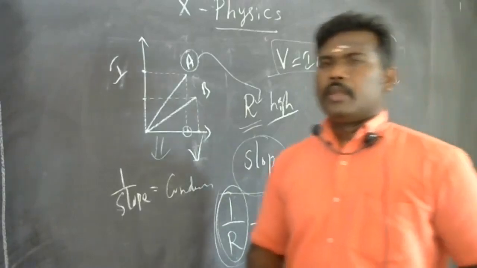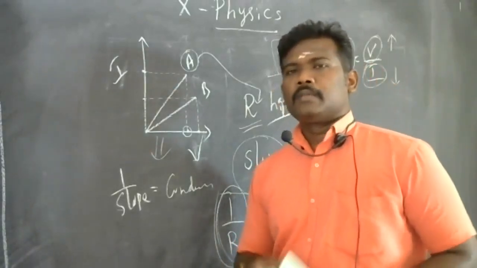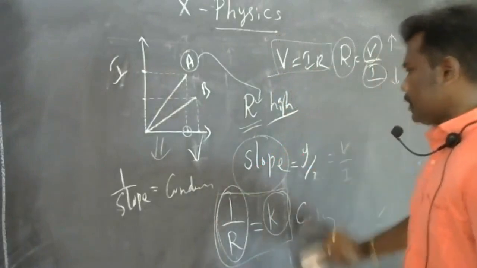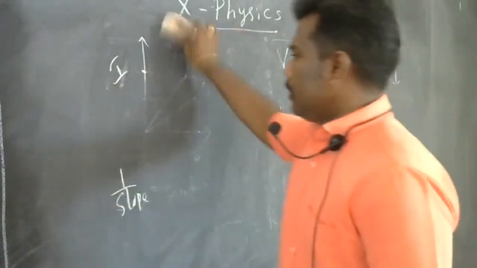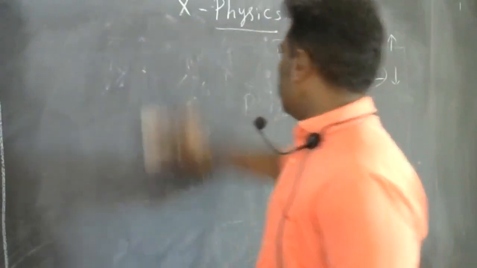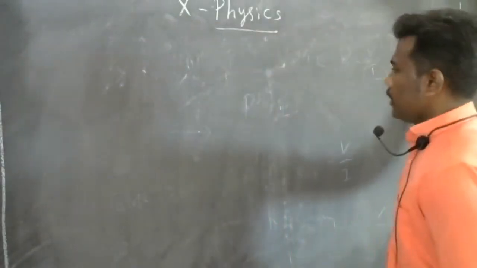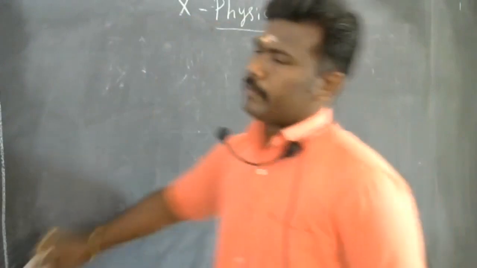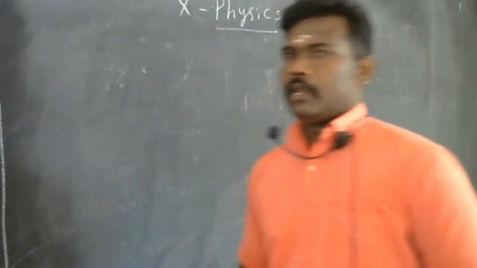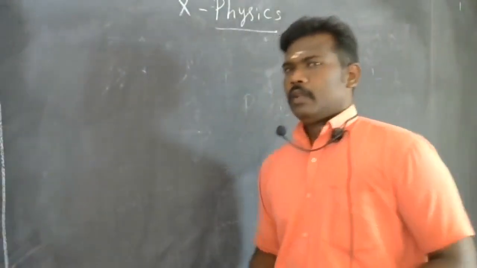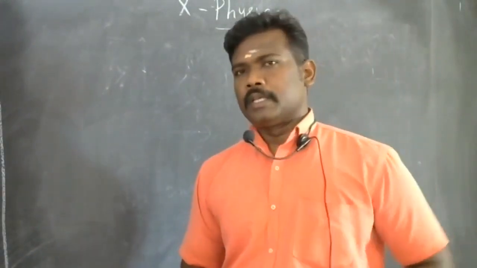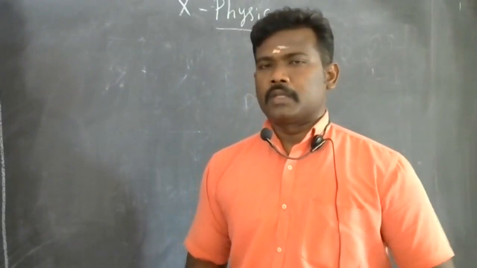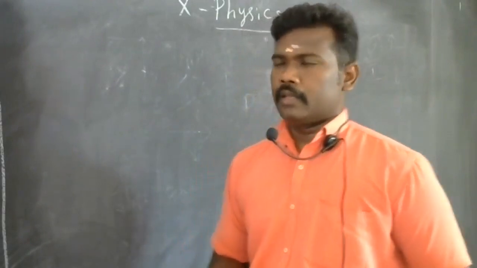So first of all, you write the formula. What is meant by slope? Slope is y by x. After that, you solve it. Don't memorize any value. That means slope is a resistance, 1 by slope is a conductance. So first of all, you clearly see the graphical picture, and then you write the formula for slope. After that, you easily calculate it. Okay, that's one way.